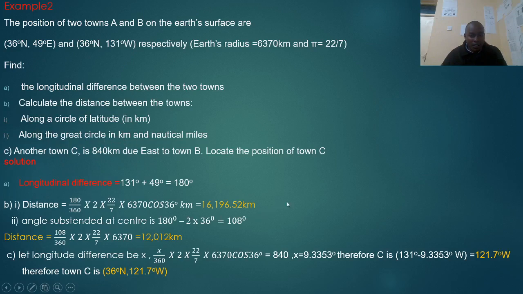That's the great circle, remember, will be towards the north. And therefore the angle, like I've explained, is 108. So it will be 108 over 360 times 2 times 22 over 7 times 6370. Remember, a great circle does not have cos. Cos you use only for latitude and for small circles. And you find